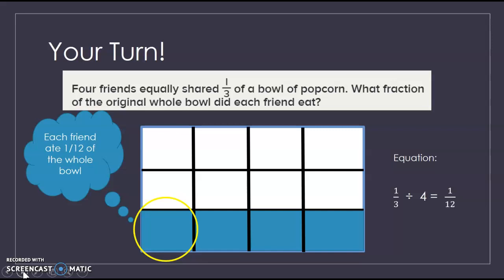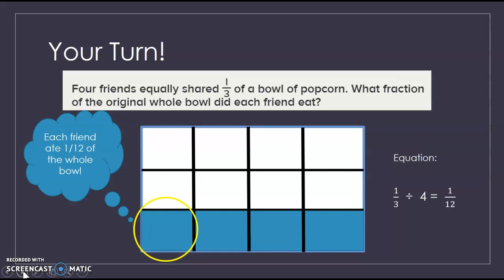And like I said, you can kind of think about it as 1/3, and you as one person, one friend, you're getting 1/4 of the 1/3. Remember, we should be thinking a little bit about multiplication. 1/3 times 1/4, because you're one person, gets you the 1/12 as well. So things to think about